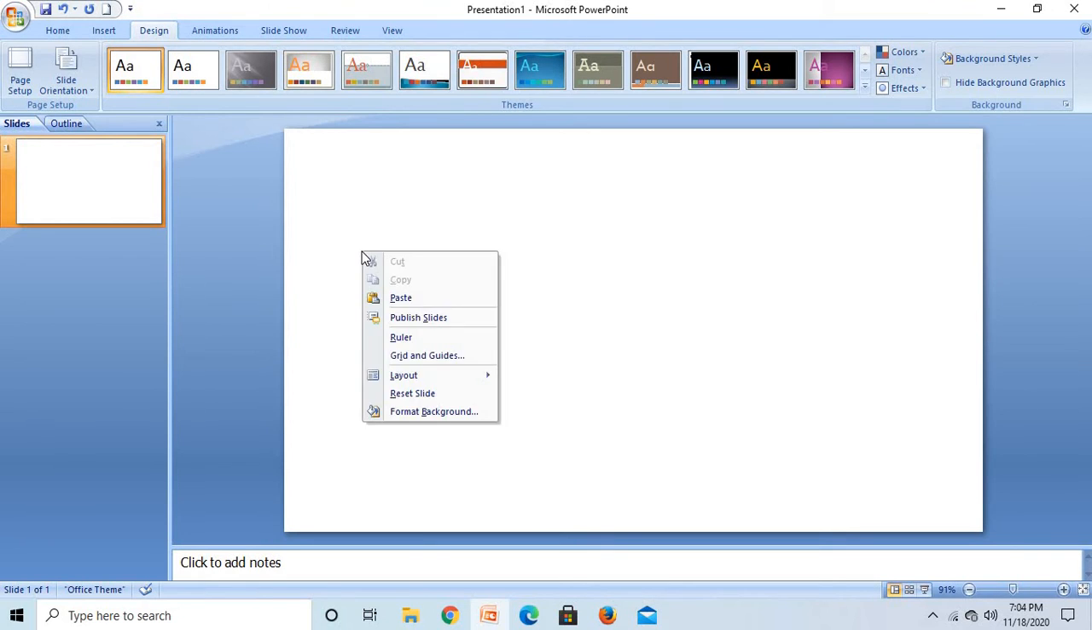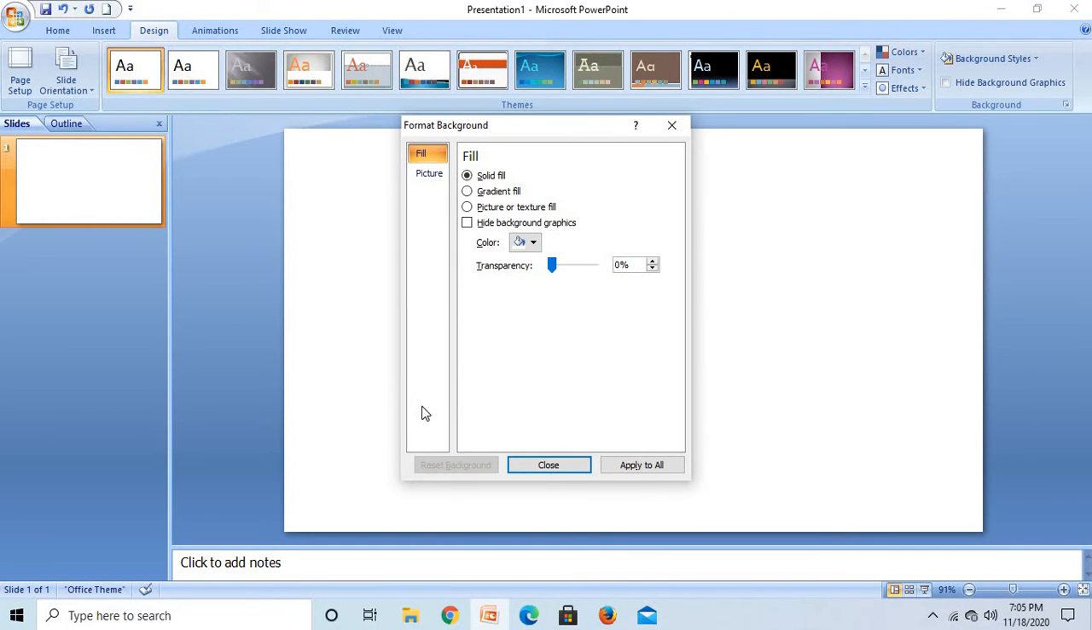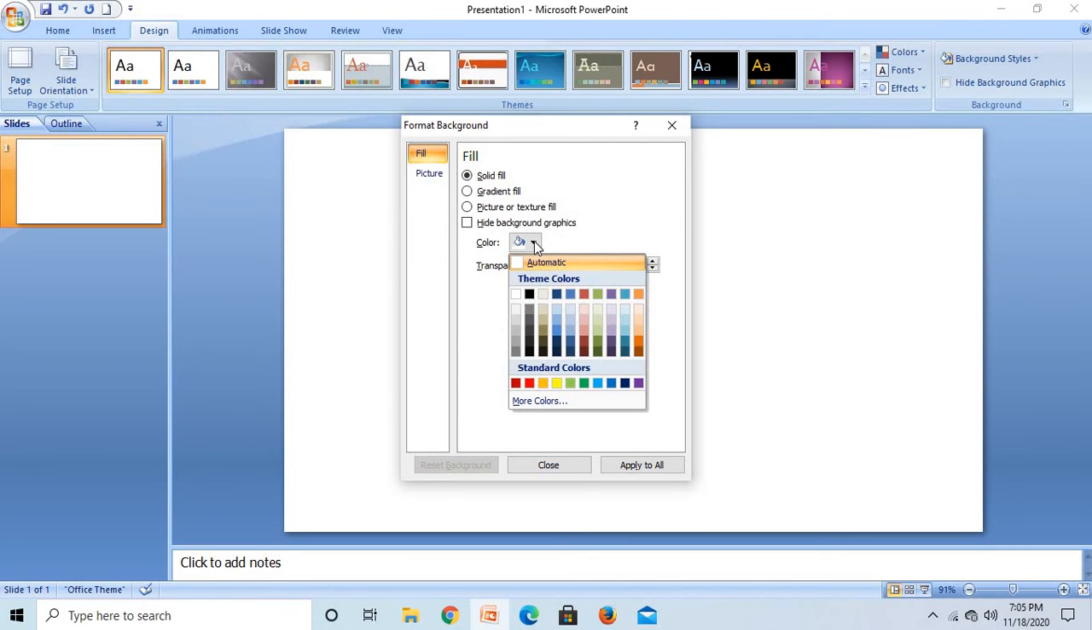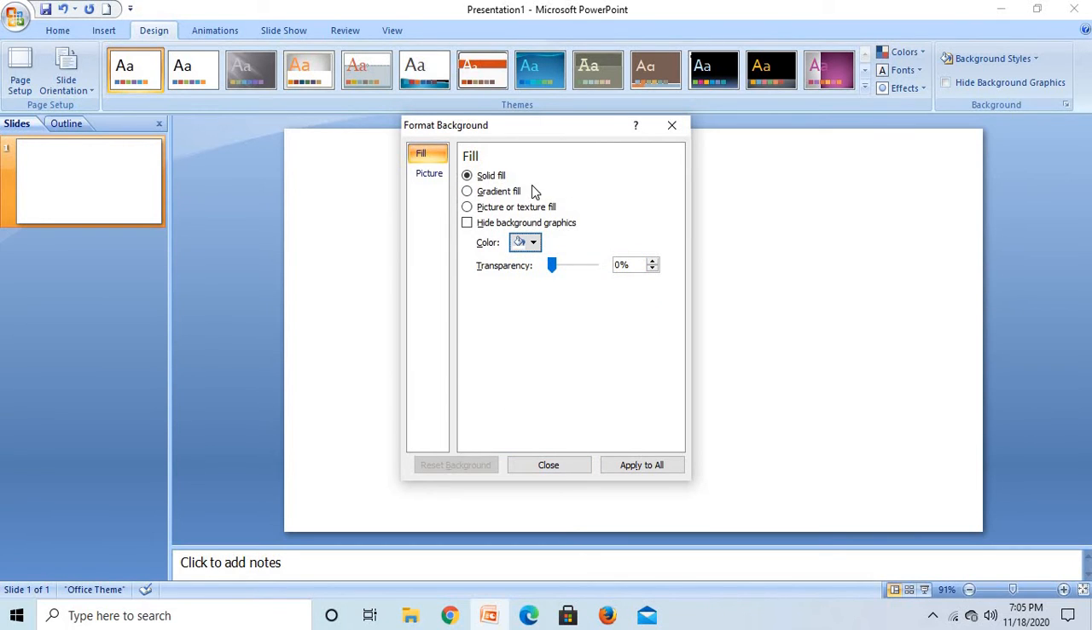I'm going to right click, and you see I'm going to drop down to Format Background. So I'm going to left click on that. Now I've got a choice of things to do. I can fill in with the solid color, and I can pick the color here by left clicking there. Or what I'm going to do is I'm going to use a picture. So I click Picture,